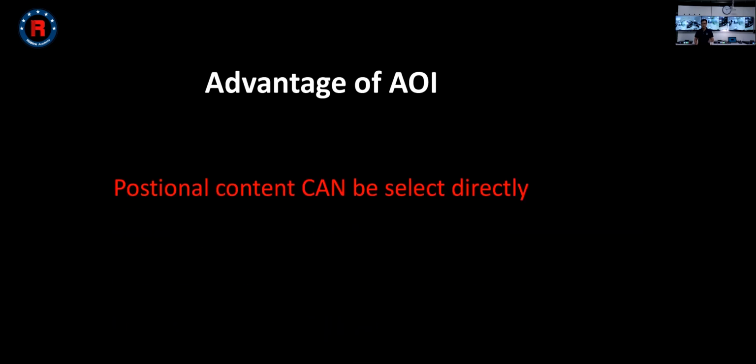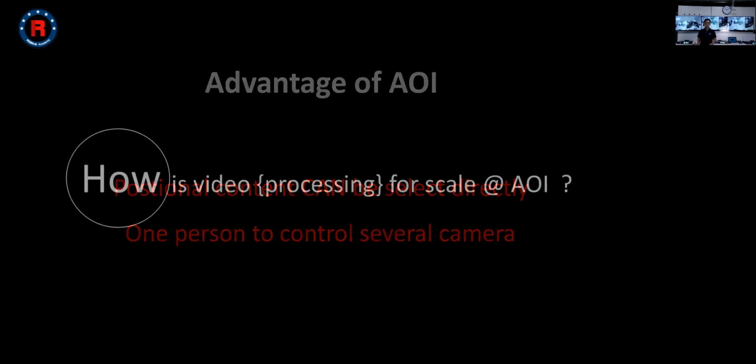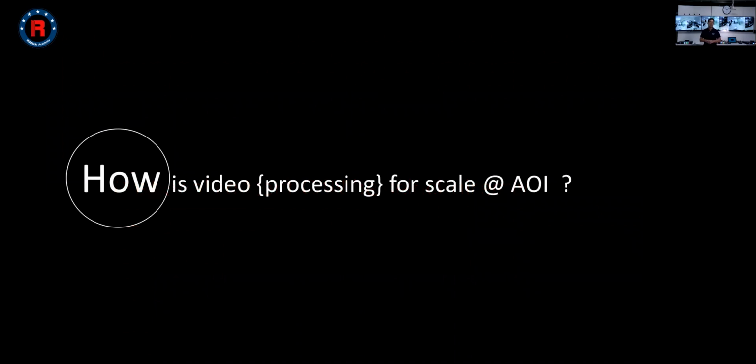After this question, let's make a summary of the AI features. The first one: it can support positional content that can be selected directly. The second one: you can use one or a few people to control several cameras. So to distinguish